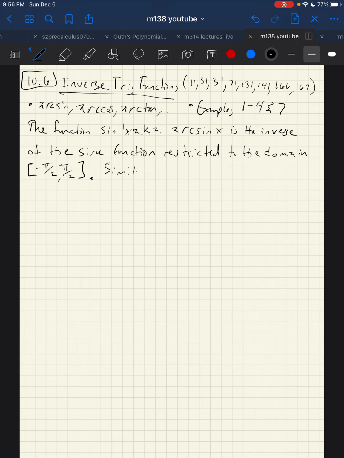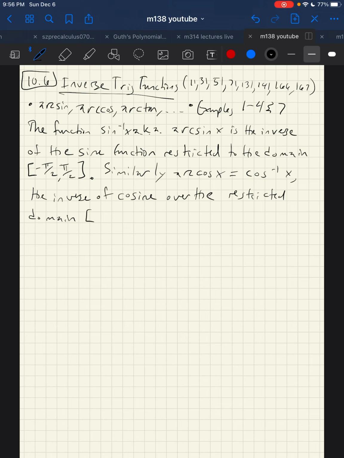Similarly, arc cosine of x is cosine inverse of x. The inverse of cosine, but now over the restricted domain. So for cosine, we're going to go from 0 up to pi, and this is going to give us, of course, every possible x value. Finally,